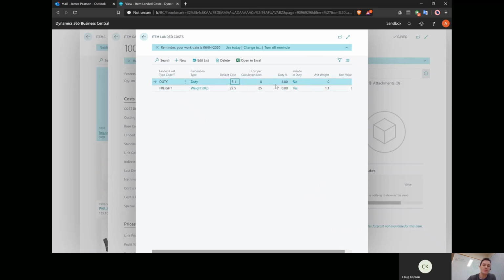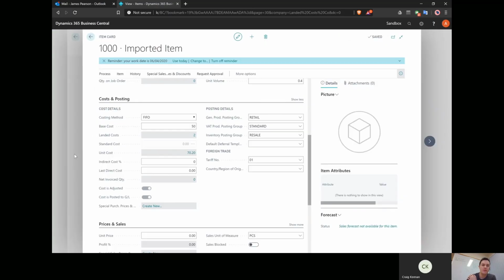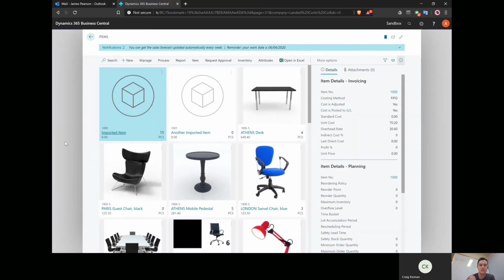Then, given that the duty percentage is 4%, which can be inherited from the tariff that you assign to the item as well, 4% of the base cost plus the freight cost, because that is set to include in duty, comes to an expected 3.1. So now this item is ready to purchase. We've got the costs we're expecting to incur, and we know the cost per unit that we are expecting as well. So when that item is included on a purchase order,